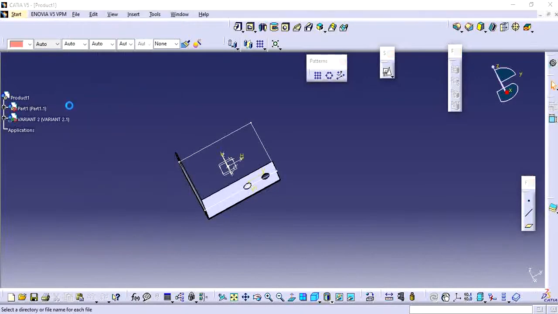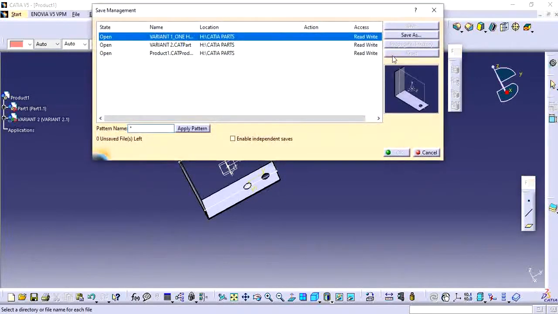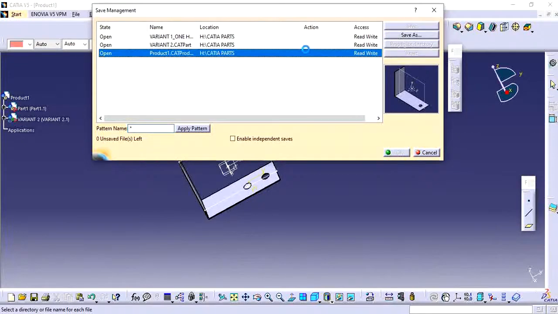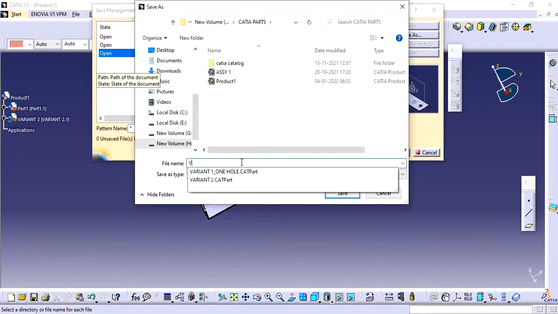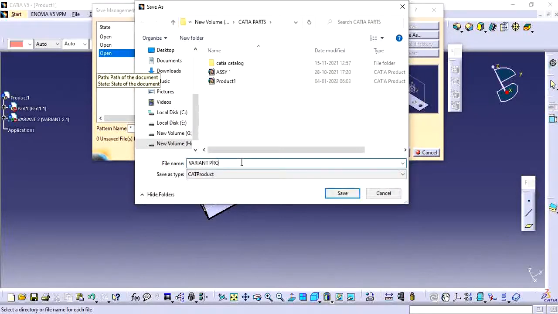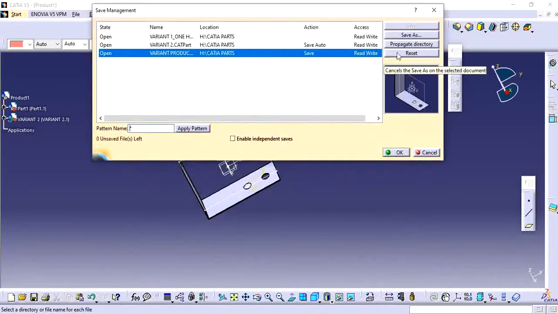File, save management. If I give propagate directory, all the parts linked to this product will be saved under the same location.